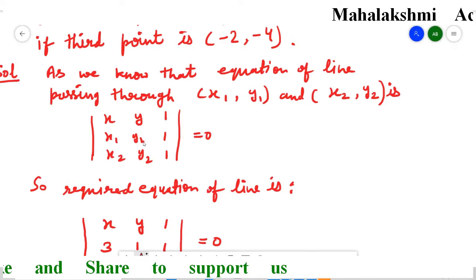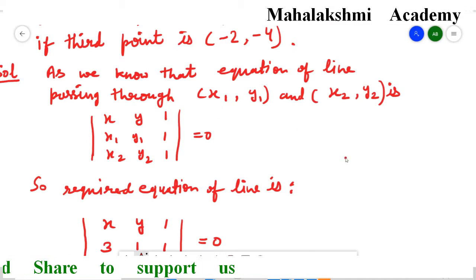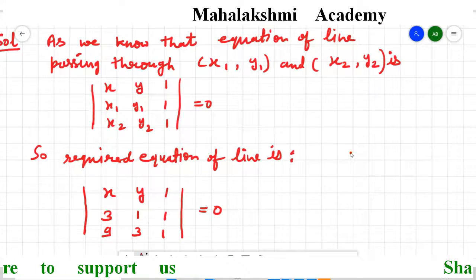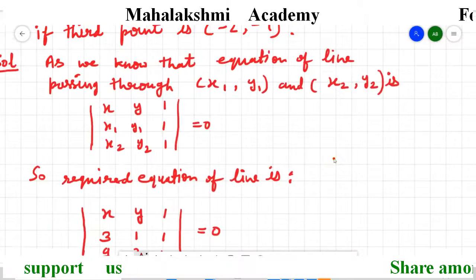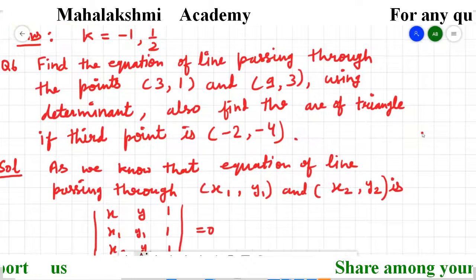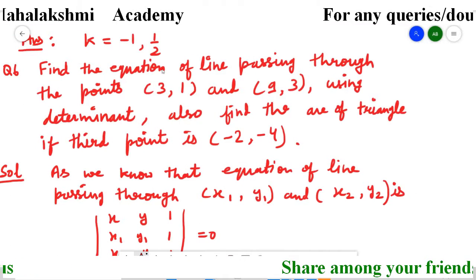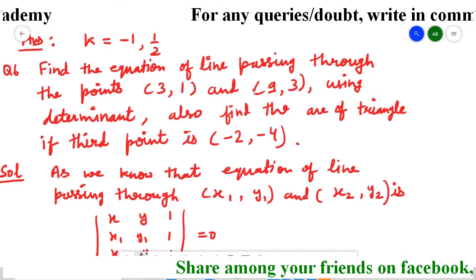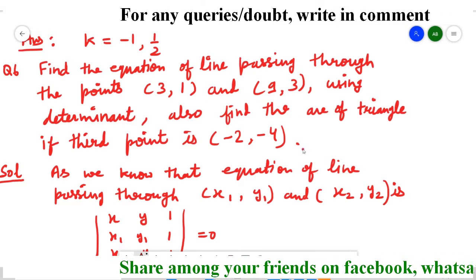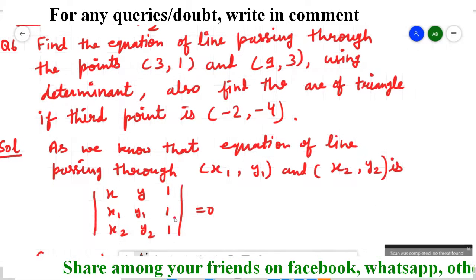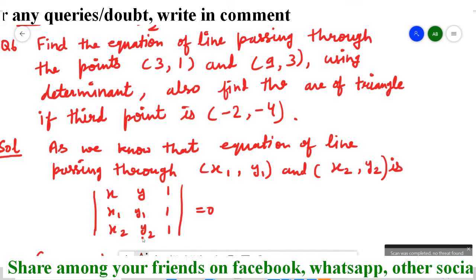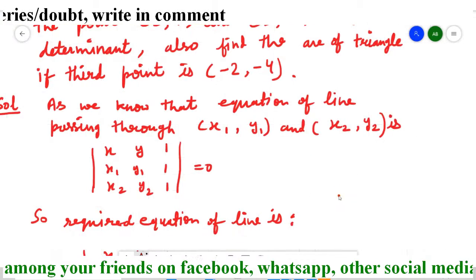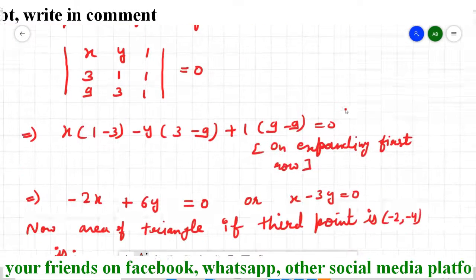And these x1, y1, x2, y2 are the given coordinates which are given at the start of the question. So first, to find the equation, use only these 2 points, because they want us to find the equation of the line which is passing through these 2 points. So we will use these 2 points to replace the values of x1, y1 and x2, y2. Not the third point. The third point we will use afterwards in the second part of this question.